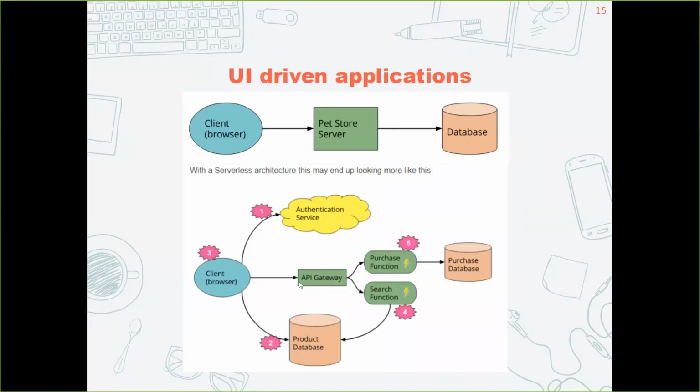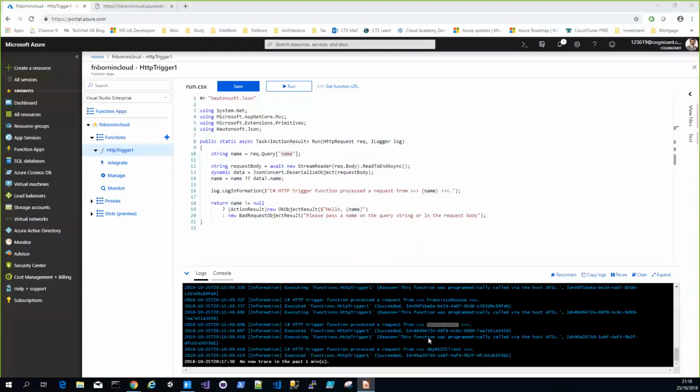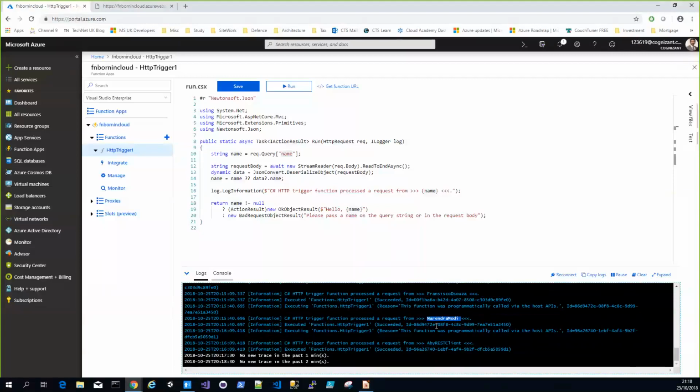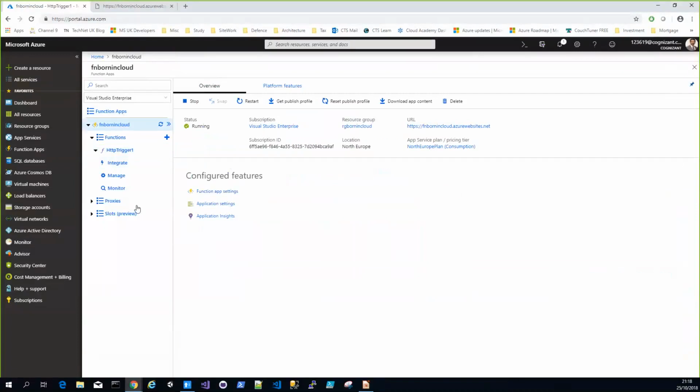So I can say, okay, Modi can make only 5 calls in a day, and Sri can make 10 calls per day. So I can limit that at an API gateway level, but not at the function level. If my password here gets compromised, I need to now do something to get a new code. But if you look at it, if I'm creating a new function, the function app settings, I'm not going to go into detail on this, but I just picked up out of the box.